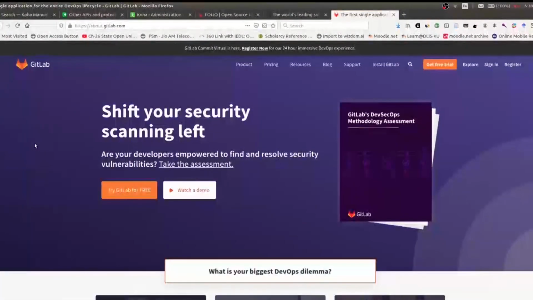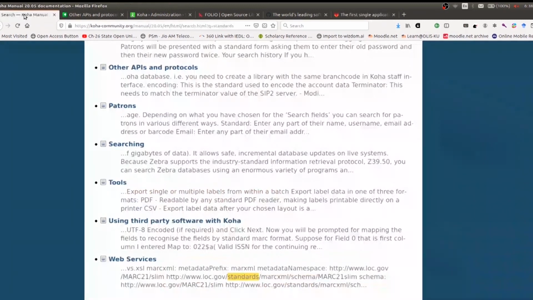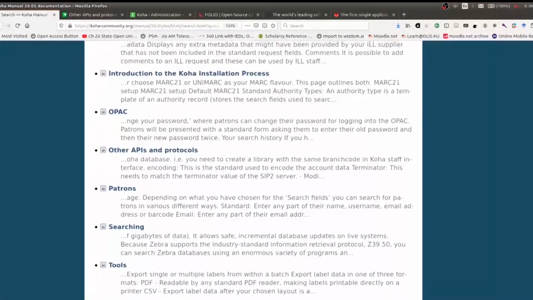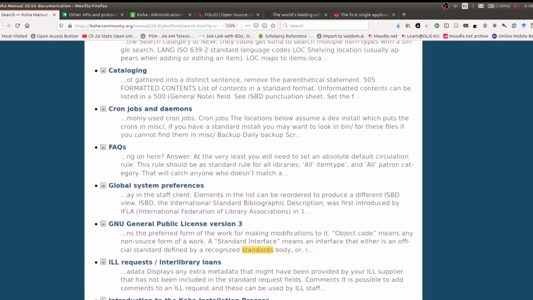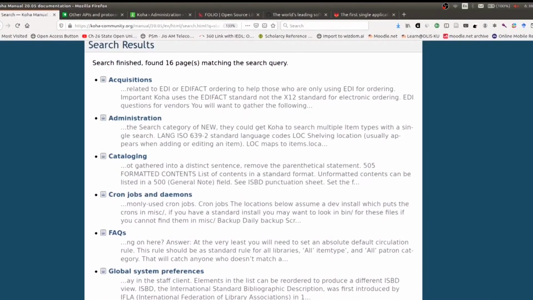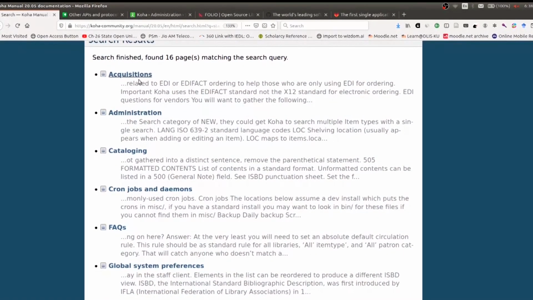So, let us now have a look at what open standards we are actually supporting here. If you go to the Koha manual, it is available under koha-community.org, and if you search by standards there, you see all the modules, like the acquisition module is supported by the EDI or EDIFACT standard.